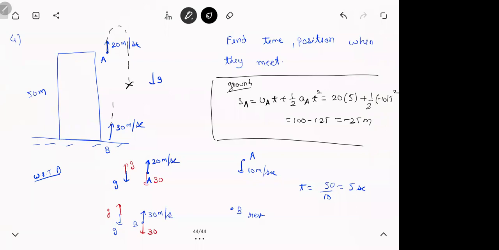So the only difference between this and the previous problem, right? In the previous problem, they're directly colliding. In this problem, A goes up and comes down and then they collide. Meaning this is how the diagram looks when they collide. So in this, the answer will be they will collide after 5 seconds at the middle of the building. Position is same. Have a look at this. Hope this is clear.